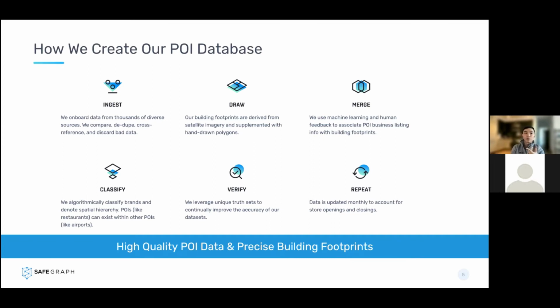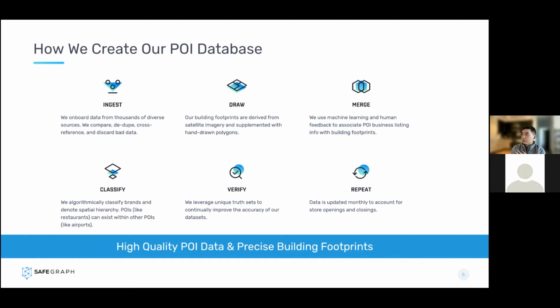So I talked about those polygons, having accurate polygons for the point of interest. And here, those are derived from satellite imagery, satellite image object detection kind of algorithms. As satellite images are really robust these days, and also the neural networks that detect building footprints from them are also quite robust. And so that's sort of the level of granularity we have them. We also just have, honest to goodness, hand-drawn polygons. So we have a lot of manual curation of those and updates, blending the machine learning models with